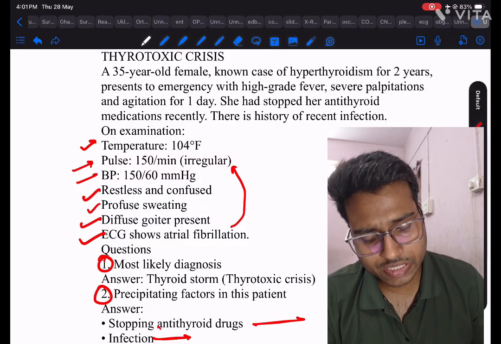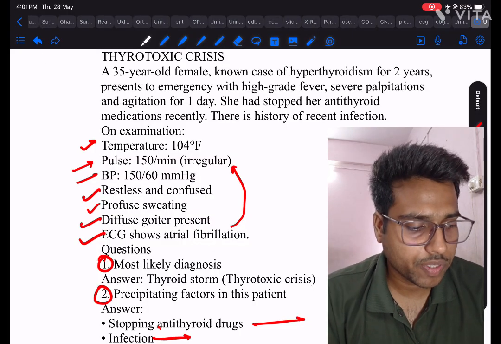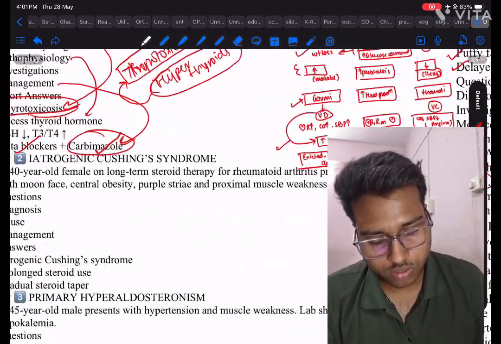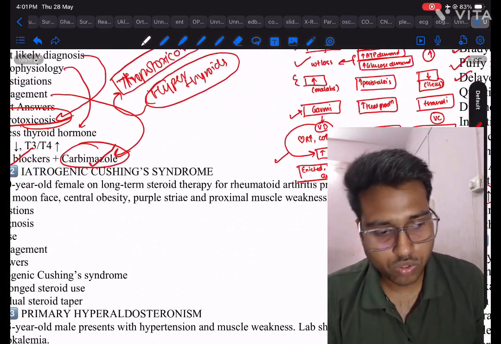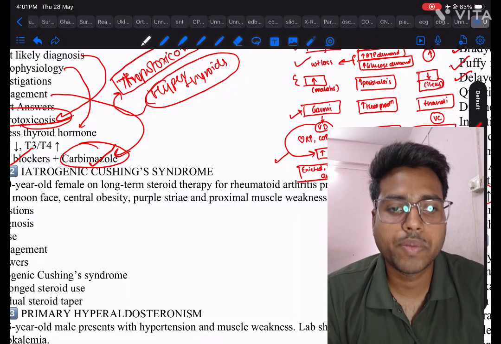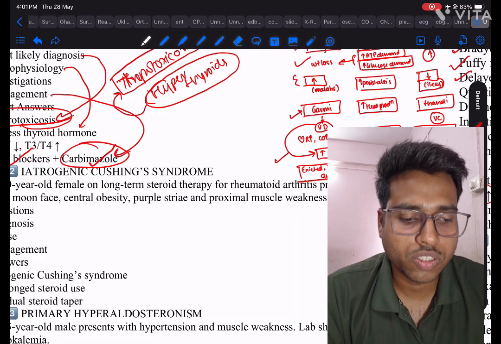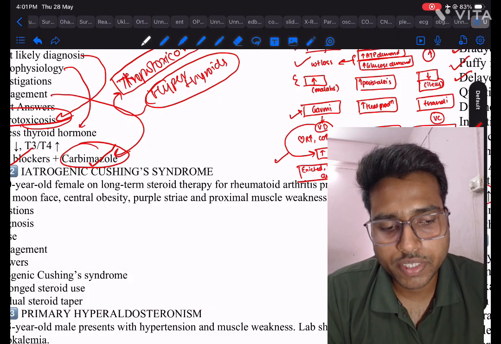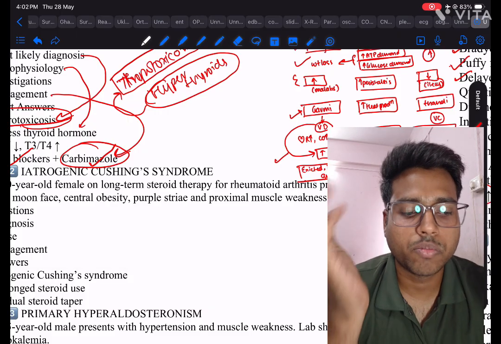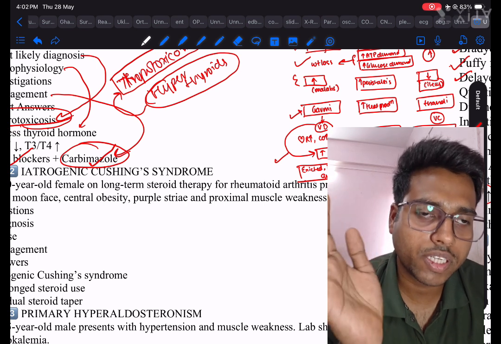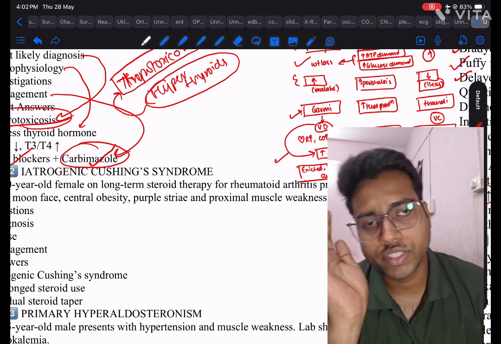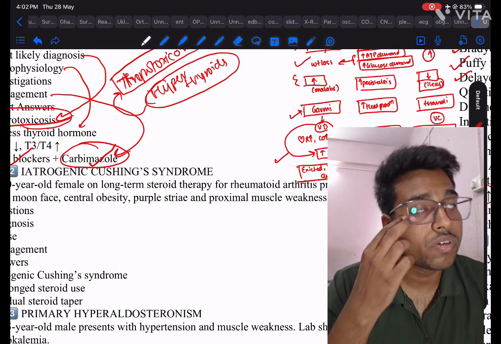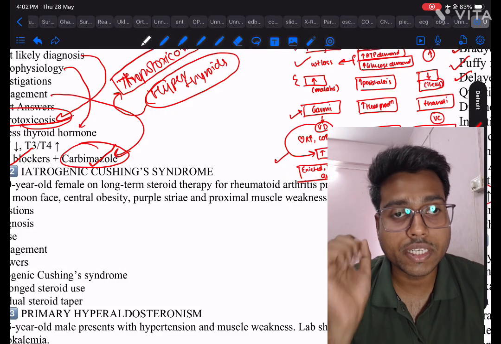We will go for the thyrotoxic crisis. So what happens over here? Also, before going for that, we should know the eye signs of hyperthyroidism. We should say NDVMSJ. This is the trick for you, I made this. So Naffziger sign is exophthalmos, Dalrymple sign, von Graefe sign, Mobius sign, Stellwag sign, and Joffroy sign. You have to learn this, okay? You have to remember it. So most of the cause of hyperthyroidism is Graves' disease, okay?